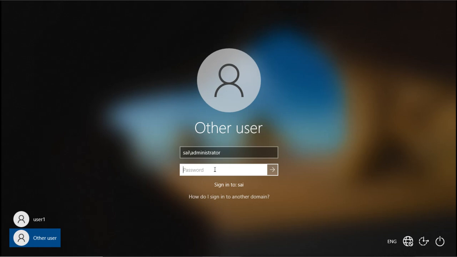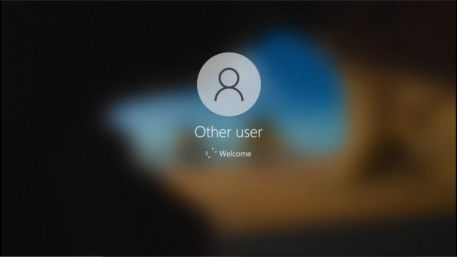You want to log in as a local administrator, or you want to log in as a domain administrator. In the domain controller there is only one administrator, but in the client machines, all the client machines, there are two options. You have a local administrator account and also a domain administrator account. So you have to know which account you are logging in. Right now I am logging in as a domain administrator, and this domain administrator is logging in here for the first time. So it will create a profile, and it will take a little time here also. You can see it is creating a profile because this administrator is logging in for the first time.